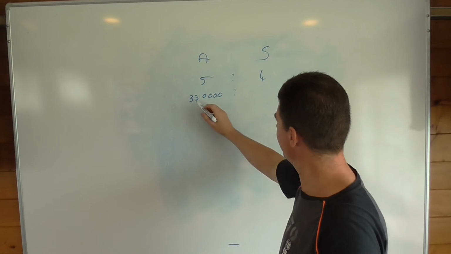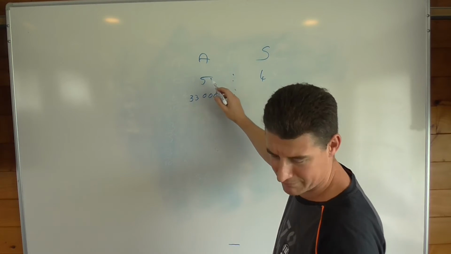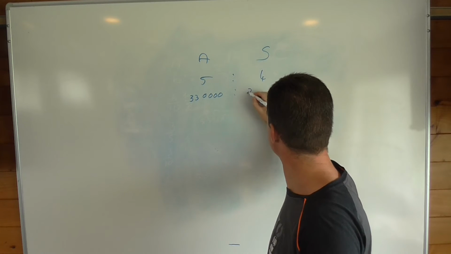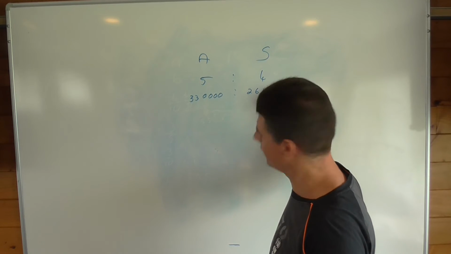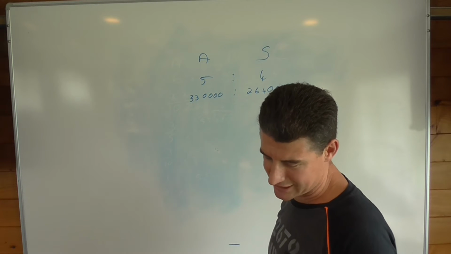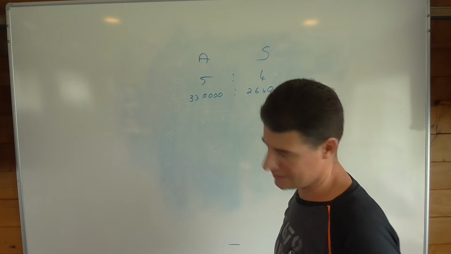So that'll be 330,000 divided by 5, multiplied by 4, and that will give you 264,000. Okay. So the total sales then will be